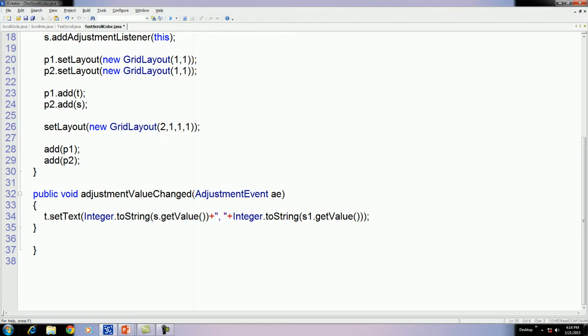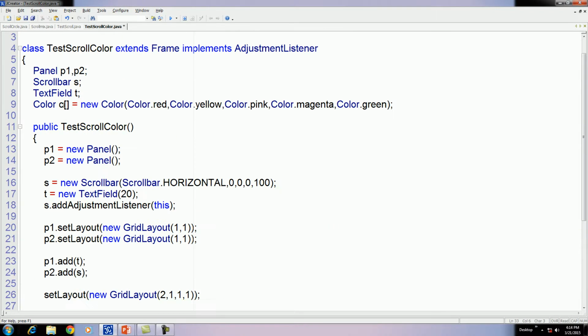But here we want to change the back color of the text field. Here we don't have a maximum size of 100 because we only have 5 colors, therefore you can give 5.